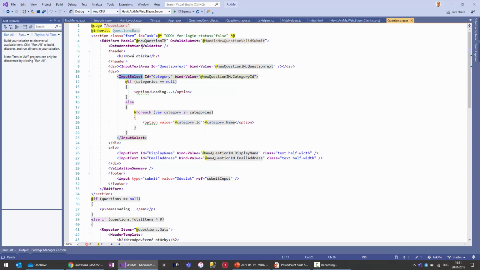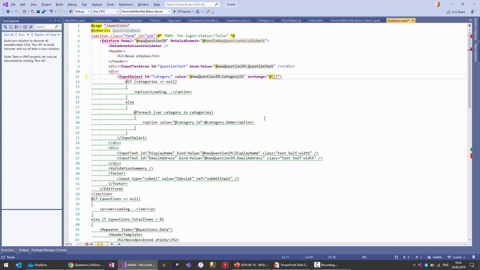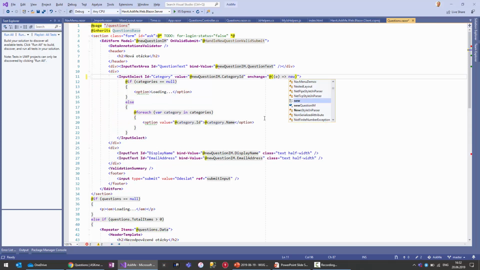And within the edit form you usually use the binding syntax, because Blazor does support bidirectional binding, but it's in fact just syntactic sugar, because this bind is nothing else than the value being assigned from the model, and then there is the on change event where there is some very basic implementation, something like this, where the new category ID